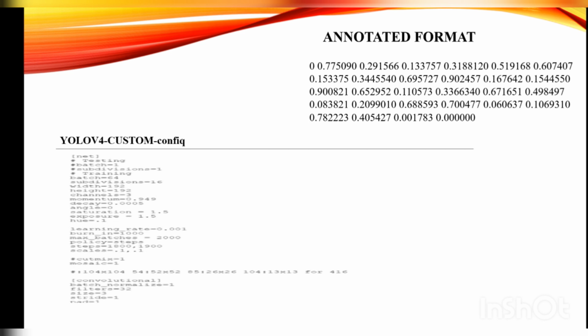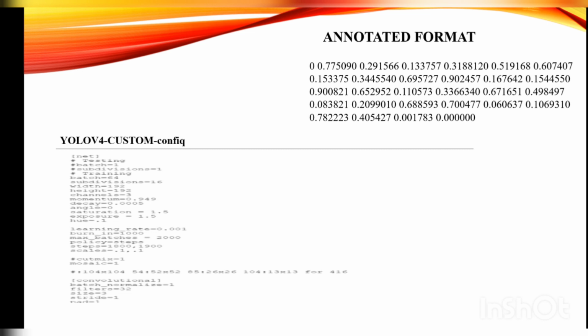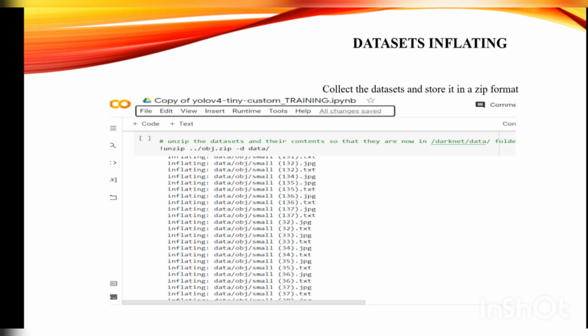And the YOLO v4 custom configuration. As I already mentioned, we need to customize our code according to our need. This is one part of the configuration that we need to do for running our model. In this case we need to change it to a single class. Then the data sets are imported into our Colab. I used Colab because it provides a free GPU, and I imported the collected data sets into the model.